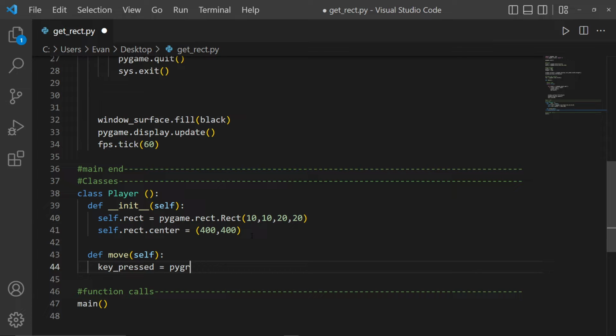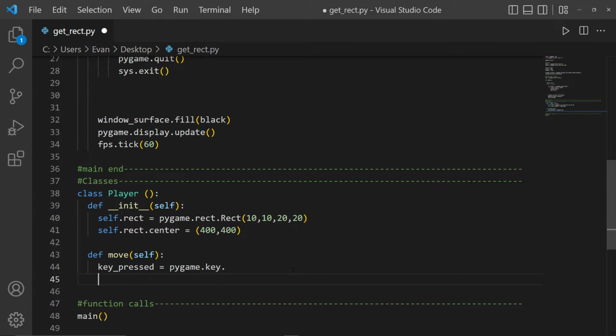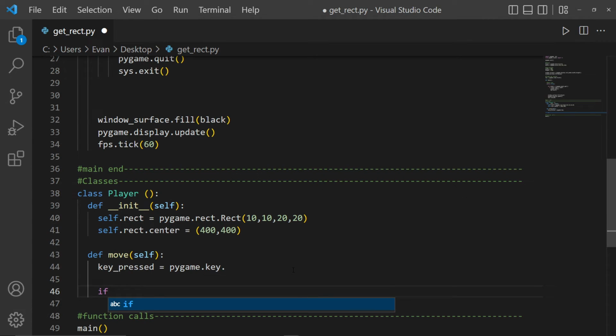So we're going to say pygame.key.get_pressed. What we've got is the pygame package, the module key, and then a function called get_pressed. Basically, this is checking whether one of those arrow keys is pressed. Then we're going to use a nested conditional statement. So we've got if, and then we're going to say